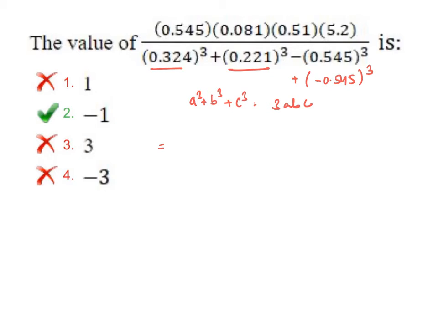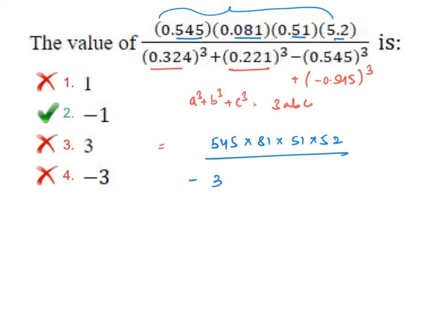So, the numerator is as it is, I am writing it. Look at how many point values you have. After the point, you have 3 digits, which means totally you will get divided by 10 to the power of 9. In the denominator also you are getting 9 decimal values. So, those 9 decimals and 9 decimals get cancelled. Now, in the numerator you get 545 into 81 into 51 into 52 divided by 3 into, but you get minus because c is minus 0.545. I am writing that minus in the beginning. Now, 324, 221,